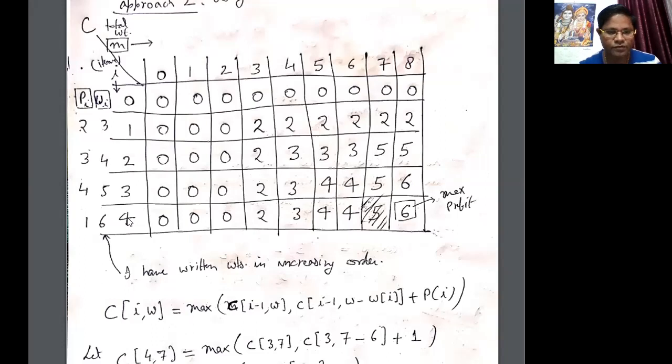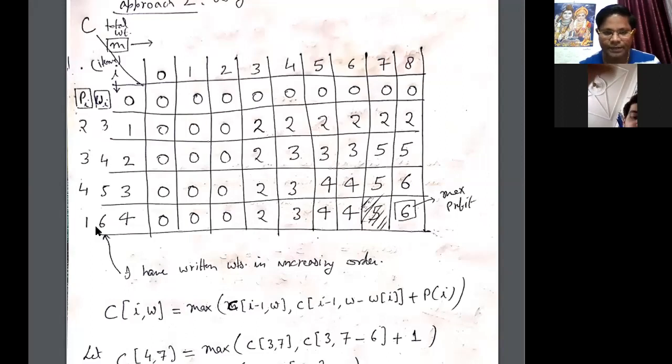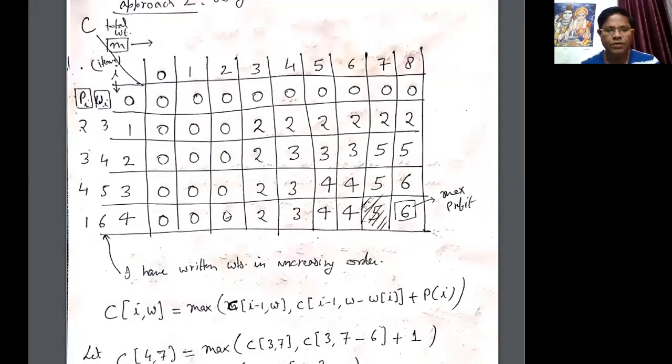Now let's move to I equal to 4. It means we are placing all 4 items at a time. Let us see whether we are successful or not. For 1, I am placing 0 since there is no item of weight 1, and no item of weight 2, so I am placing 0. An item of weight 3 is there and the profit associated with that item is 2, so I am writing here 2. Now for weight 4, the profit associated is 3, so I am writing here 3. For weight 5, the profit associated is 4, so I am writing it here. For 6, there is no item that is combined with this item, so I am just copying this value to this place. So 4 is copied here.